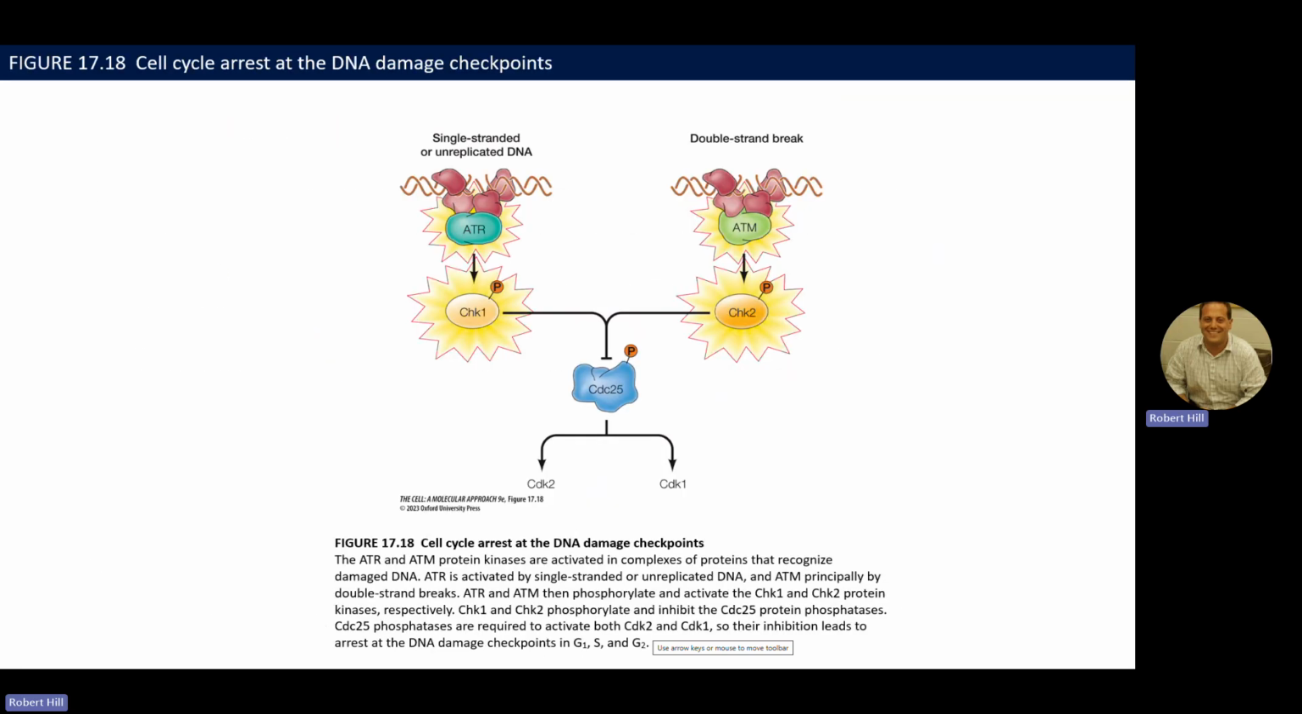All right, so here we're looking at how ATR and ATM are like sentinels of genomic stability, really. The DNA damage recruits sensor complexes that will activate these kinases. So ATR activates CHEK1, ATM, which detects the double-stranded break, activates CHEK2, and these guys inhibit CDC25. Remember, CDC25 is a protein phosphatase that blocks dephosphorylation and activation of the CDKs. This halts the cycle at the appropriate checkpoint until repair is